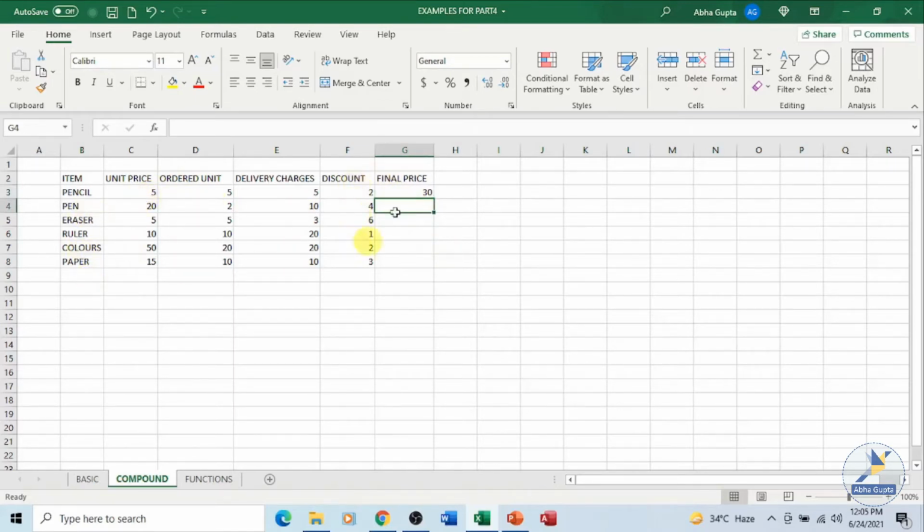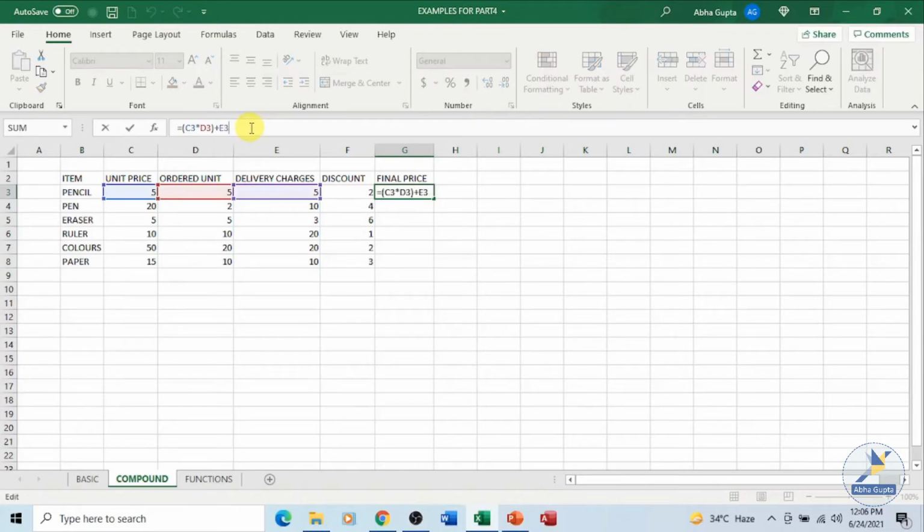Let's talk about discount. If you look over here at the formula, we have two operators, the multiplication operator and the plus operator. So this is an example of a compound formula where we are making use of more than one operator. If I want to include discount also, I have to deduct it from the amount which I am getting. So let's modify this formula. Let me click over here and I want to minus the discount amount.